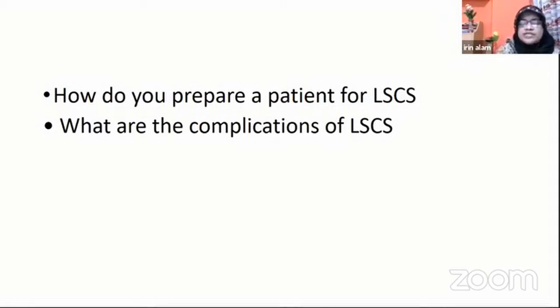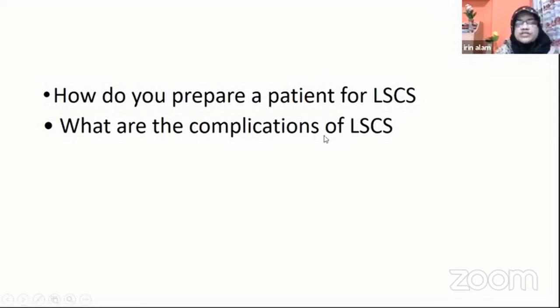If this is an emergency case, you have to give injection anti-ulcerant drugs and metoclopramide, so the chance of aspiration will be less. And you have to also review the investigations of the patient, previous reports. You have to check the hemoglobin percentage, also blood group, and you have to keep at least one donor, if necessary, so that blood can be given.